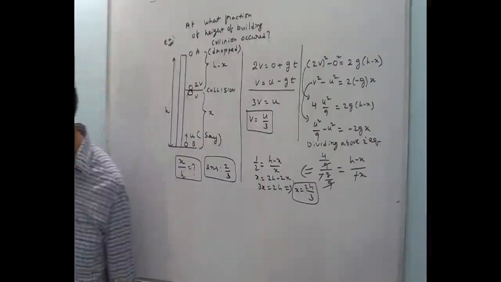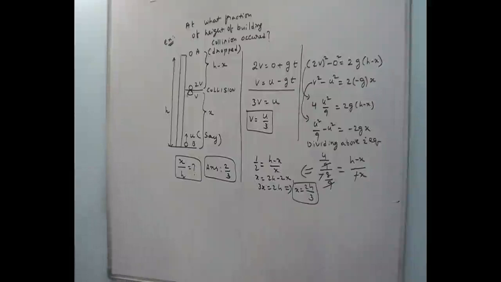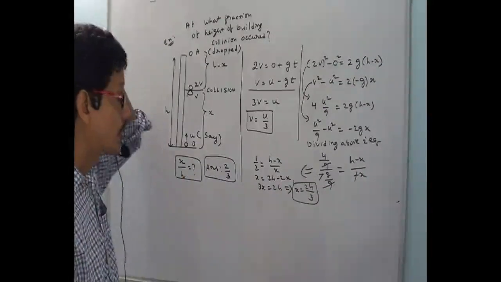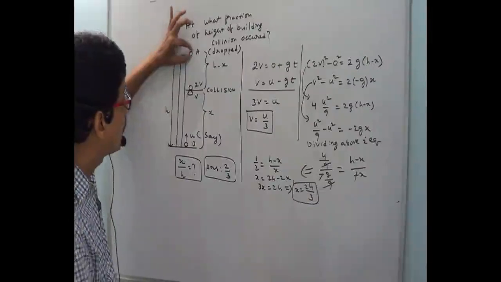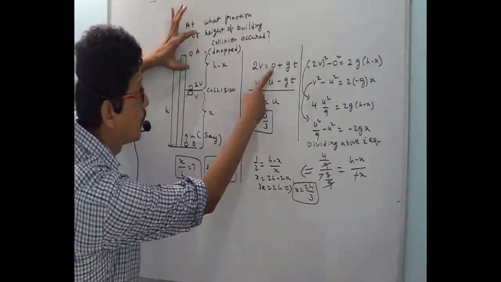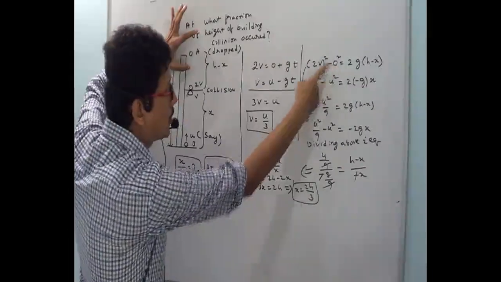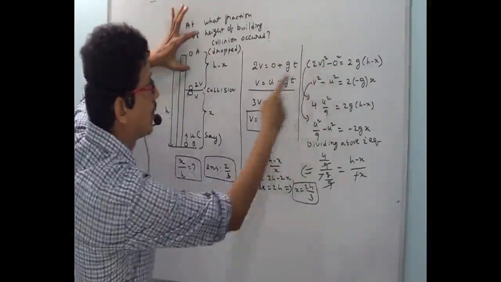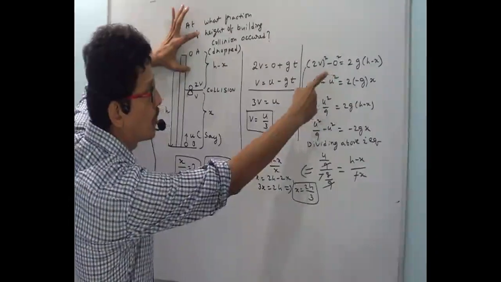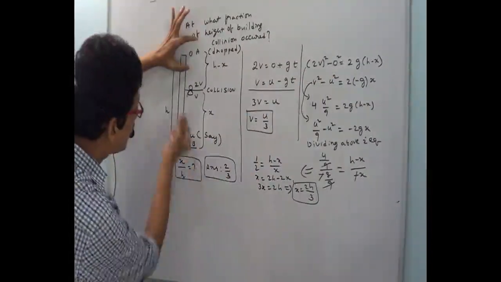Okay. We'll go for another question. Question you understood? One ball is dropped. Dropped means initial velocity is 0. Initial velocity is 0. Okay. This is v equal to u plus at, and that is v square minus u square is equal to 2as. Okay. Second body is thrown up,